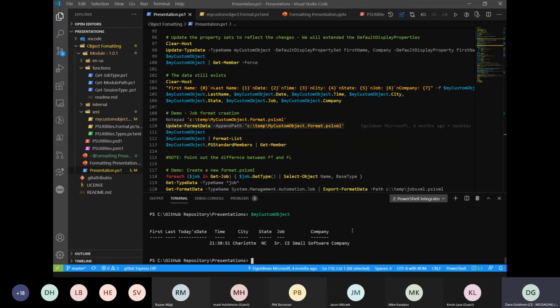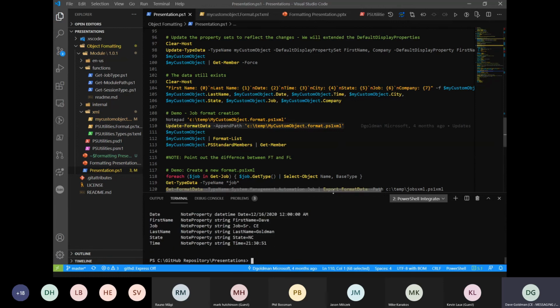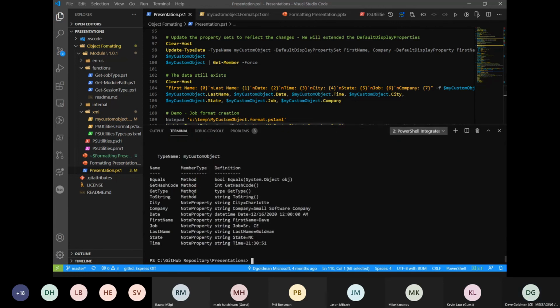Now, you will notice, and I definitely want to point out, when you go to make changes like this, it is critical that everything match. The reason I did this on purpose was, if you notice that in my custom object, the object is actually first name, last name. So now we have an issue, because when we go to display, we run into that issue.